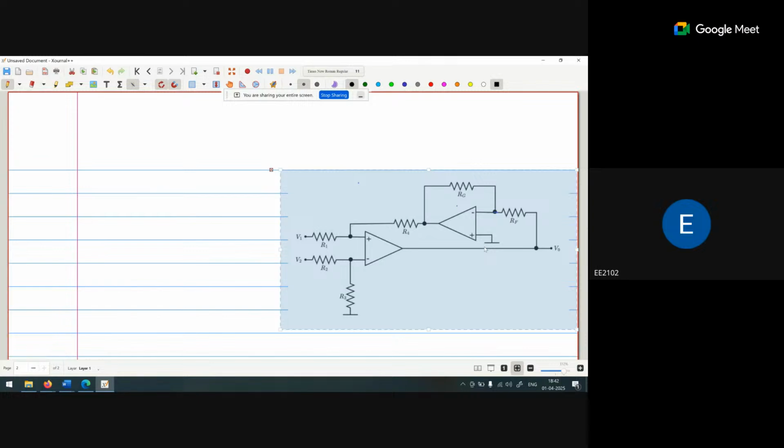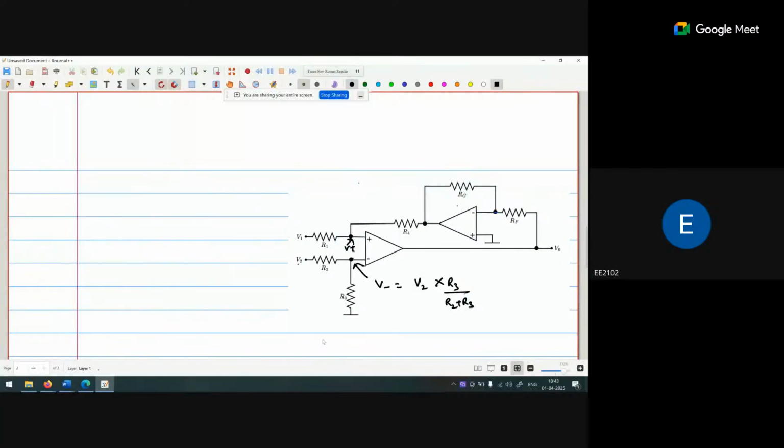So now we are saying that if this is a V2 voltage, this V minus voltage is what? V2 times R3 upon R2 plus R. Okay. Similarly, this voltage will be happening at this point. So if I am saying this is a V plus voltage,